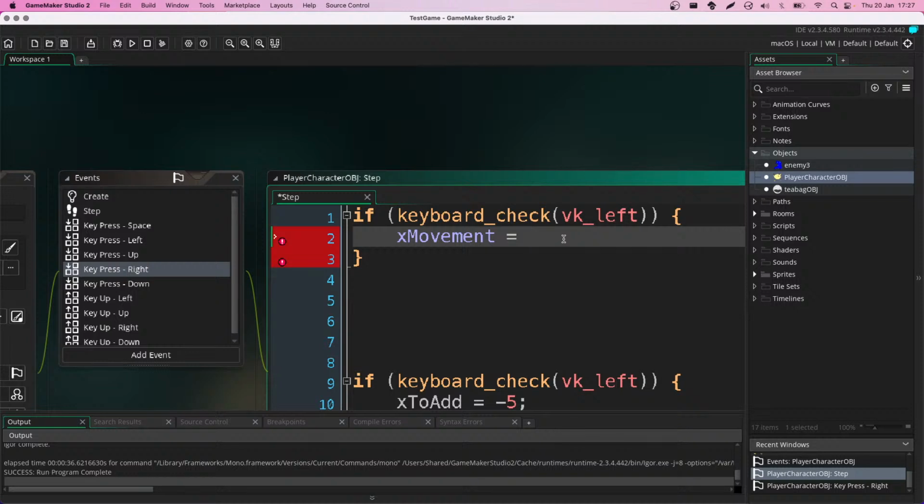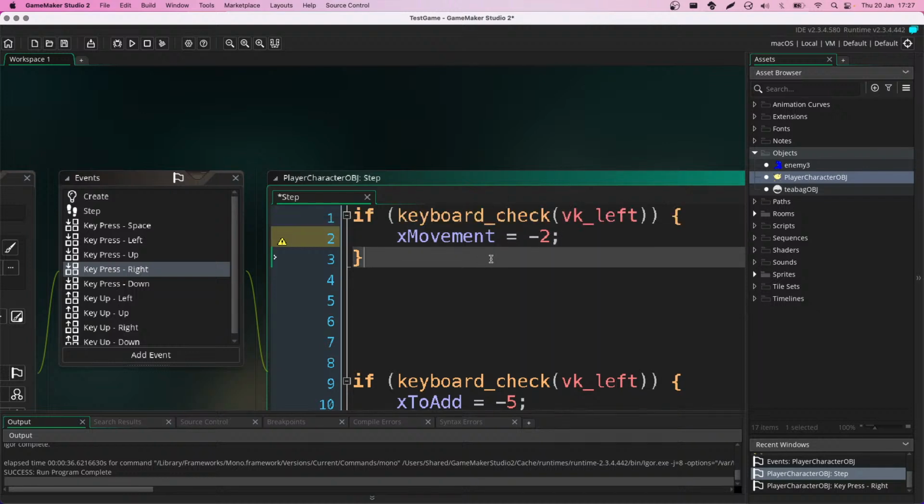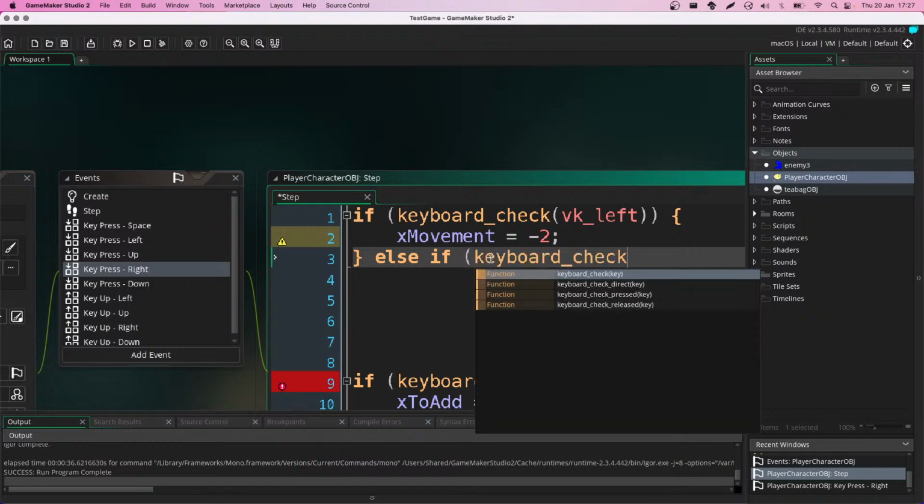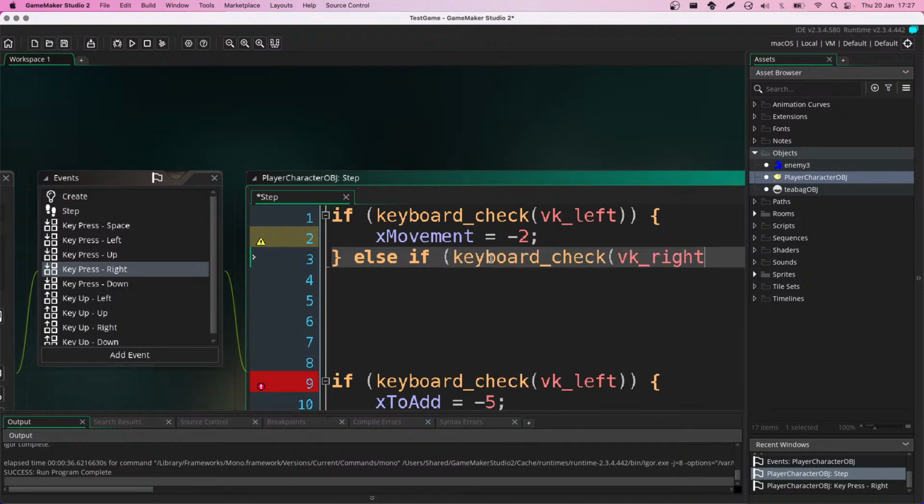Now I can make it -5, that's going to be quite quick. Let's go for -2. And the reason why is left, you're going back on the number line. You're going backwards. So I've put it as -2. And what we can then check is if it's not left, then it might be right. So else, if keyboard check VK right,